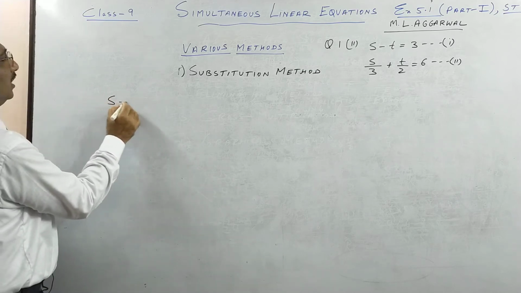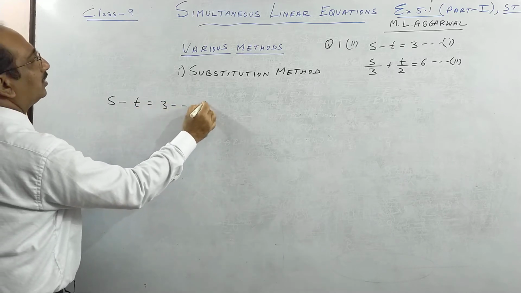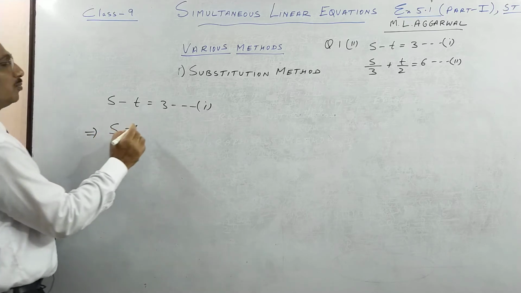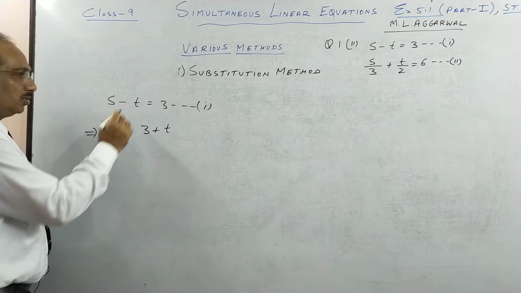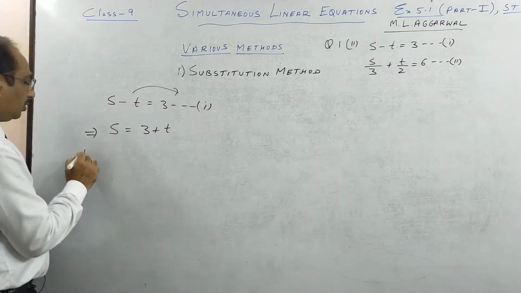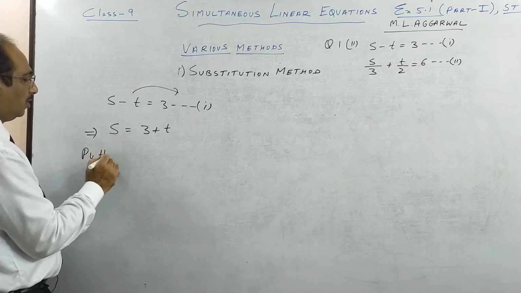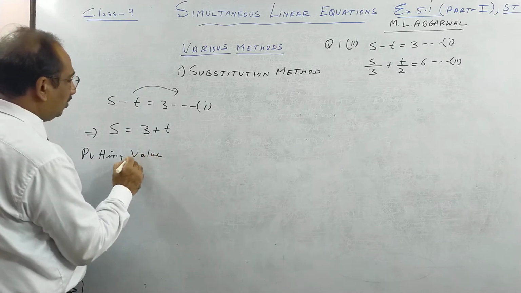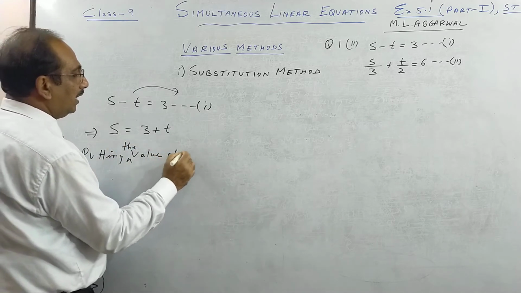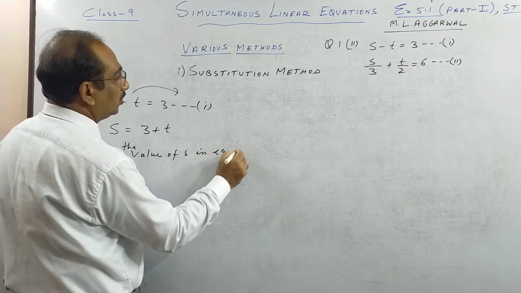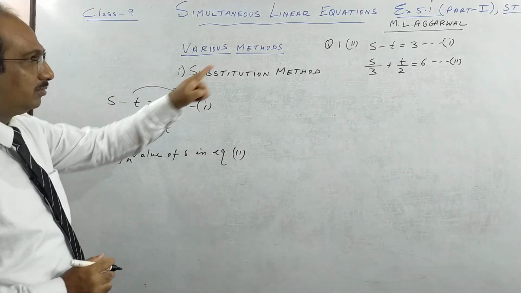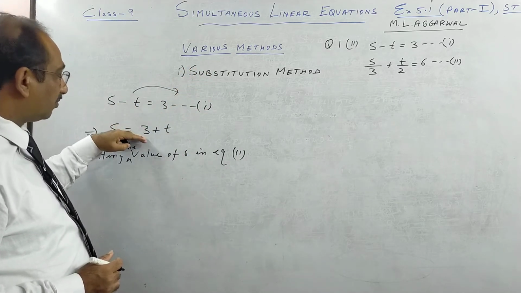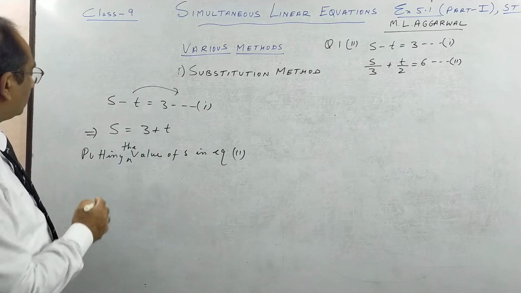So from the first equation, s minus t equals 3, I keep s here. Since the equal to sign is already there, I put s implies 3 plus t. So t goes to that side. So now we will put this value, which we got from equation 1, in equation 2. So if you get it from 1, put it in 2. If you get it from 2, put it in 1. Don't put the value you get from equation 1 back in 1. Very strange and funny thing you will get.